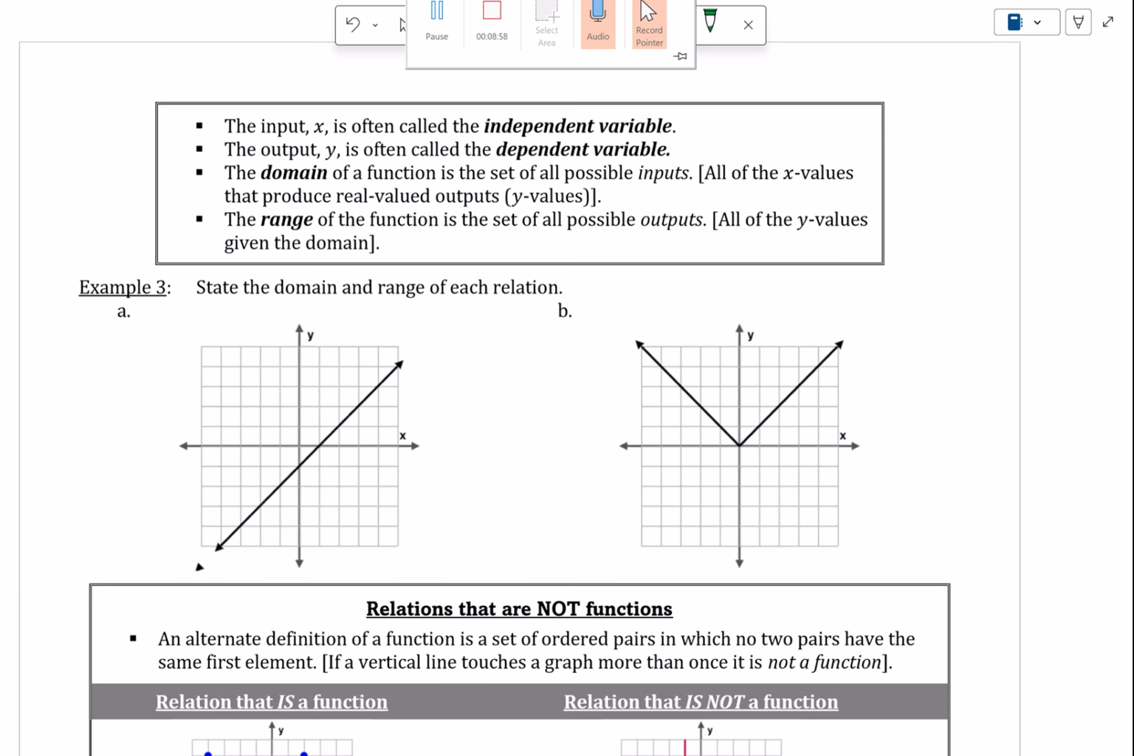So the domain is the set of all inputs, or x values. The range is the set of all outputs, which are the y values. So remember, x values run left and right, y values run up and down. So if I want the domain here,